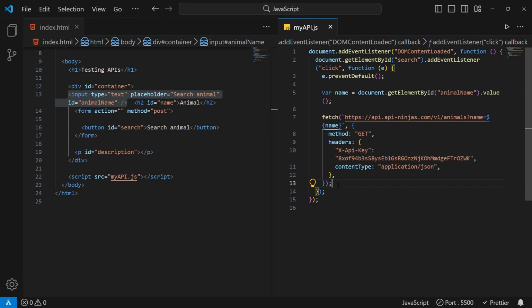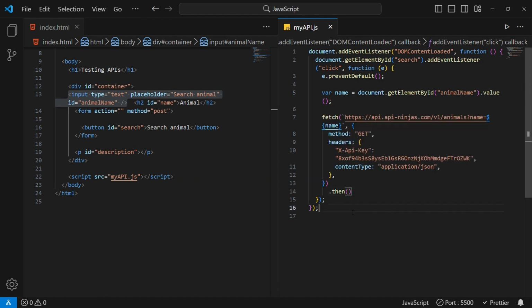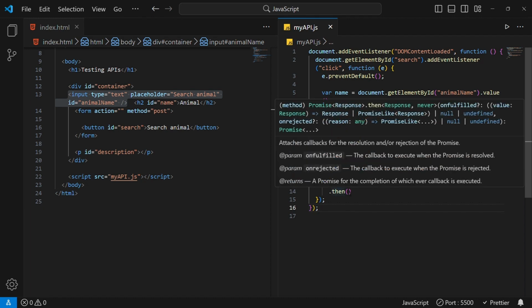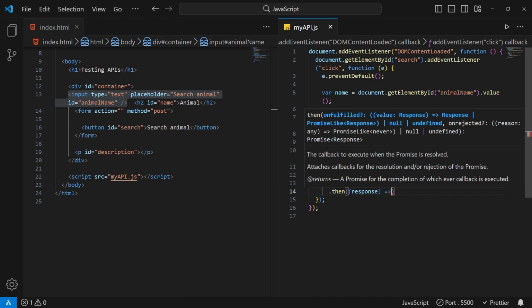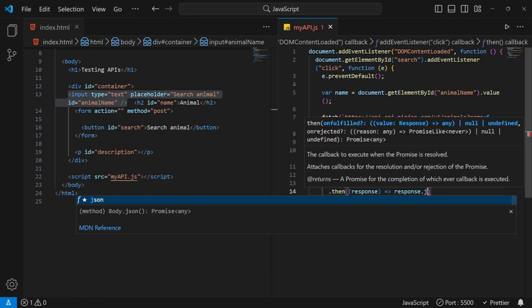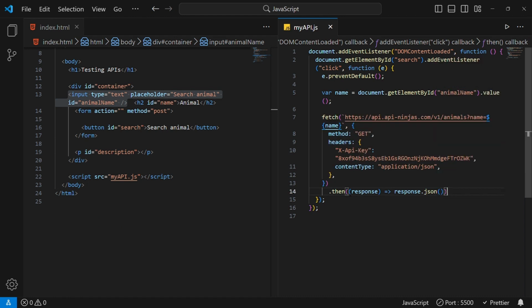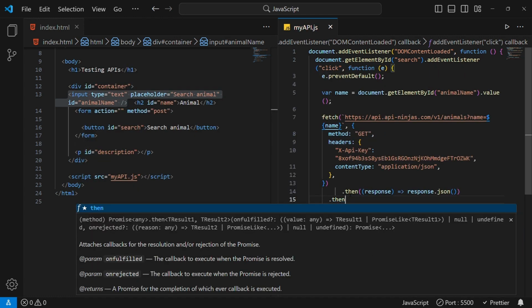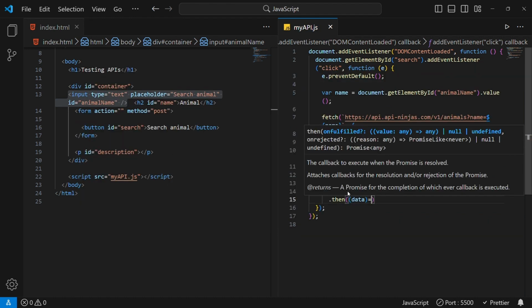You know that after the fetch, you always call the dot then. So you can now call the dot then to handle the fulfillment of our API call. So there, if you remember the previous syntax, you simply pass the response, and then you return the response, but you pass it to JSON. So call the dot JSON to parse that data that you've received. And after you've parsed it to JSON, you know that you now need to pick that data, and you can now return